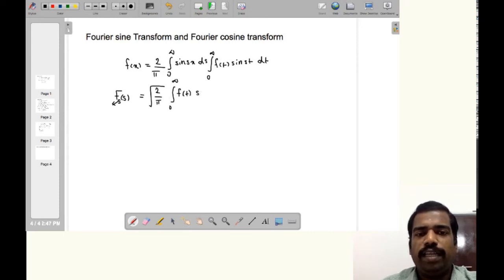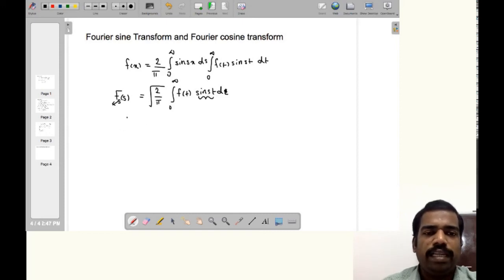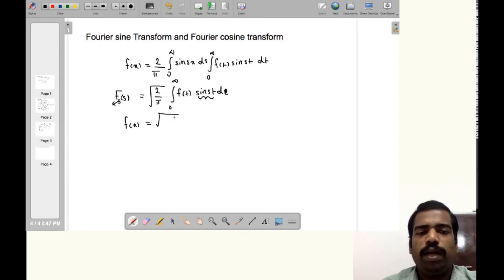So if you want to get the Fourier sine transform of a function, just multiply by sin st dt. If the function is f of x, then sin sx dx. So this is the kernel. Multiply with sin sx, or with sin st, so that you will get the inverse Fourier sine transform of the sine transform f of s, which is f of x, equal to √2 by pi